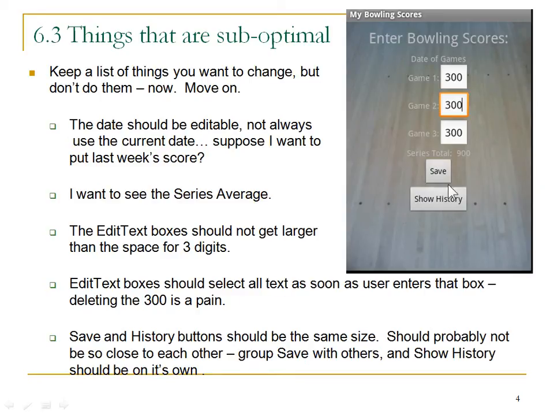Okay, so the save and history buttons, they probably should be the same size, and they probably shouldn't be together. They don't do the same thing. This save button is corresponding to this part of the interface, and the show history is quite a different activity. I don't want to use the word activity. It's quite a different thing to do. In the application, it's to launch the other activities so that we can see historically how our bowling scores have been. So putting the two buttons right here together,